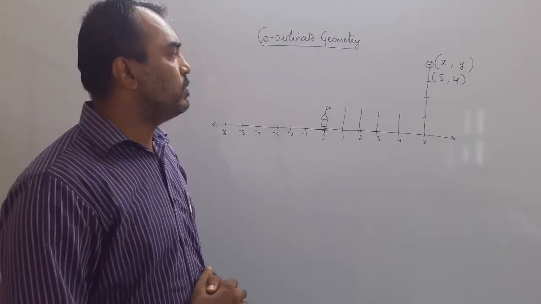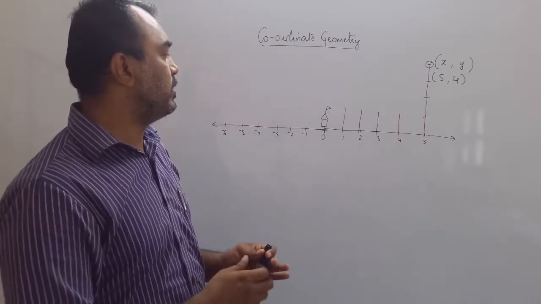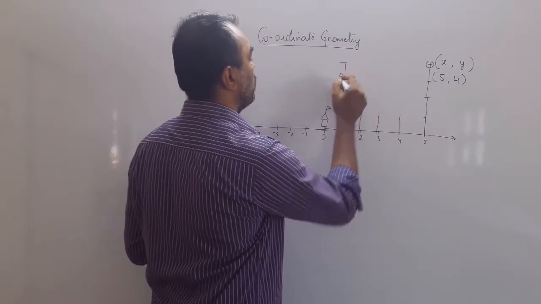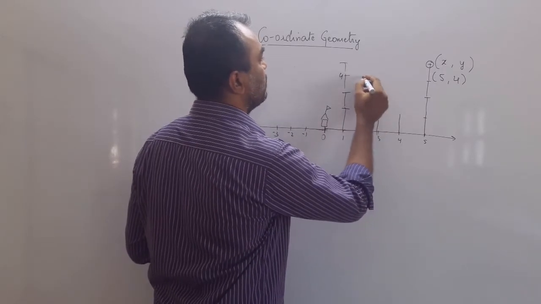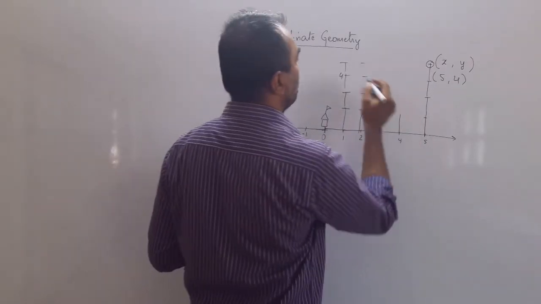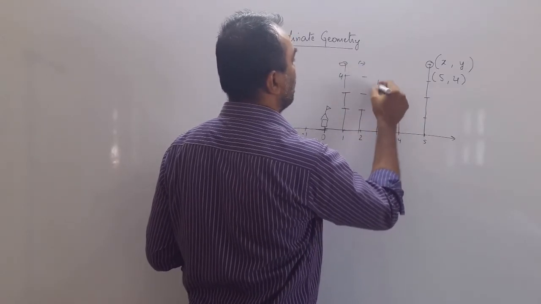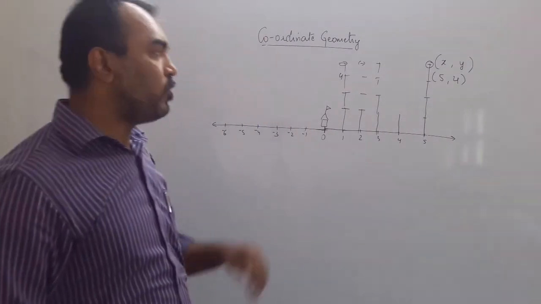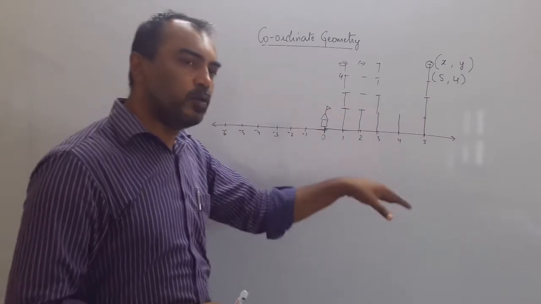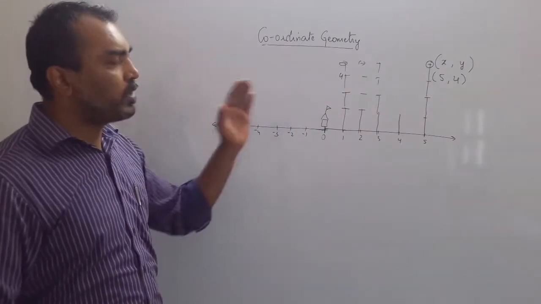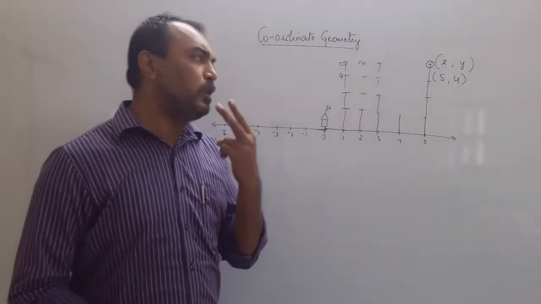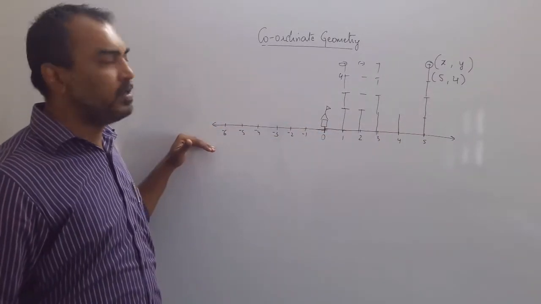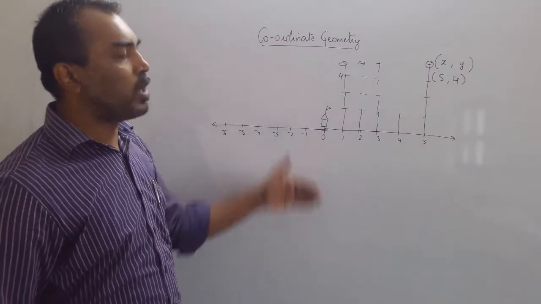Now suppose you have told him that my house is the 4th house in the society. Now he could enter the first lane, there is also a 4th house. He will enter the second lane, there is also a 4th house. He will enter the 3rd lane. So if you tell him the house without telling which society, or if you tell him the society without telling which house, he cannot locate your house. So to locate the house on the 2 flat pieces of land, you need 2 coordinates. One coordinate will tell you how much to the right or how much to the left, and another coordinate will tell you how much to the top or how much to the bottom.